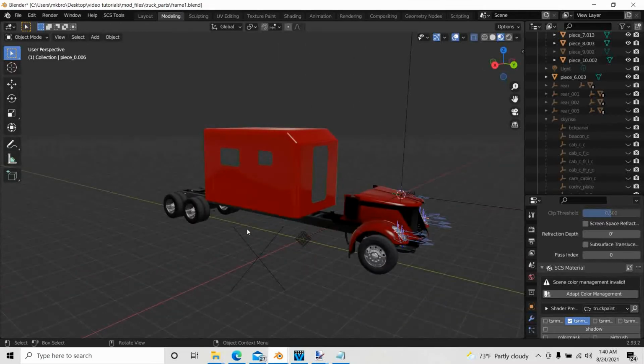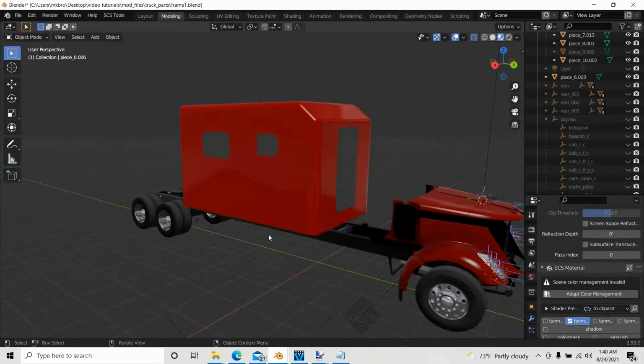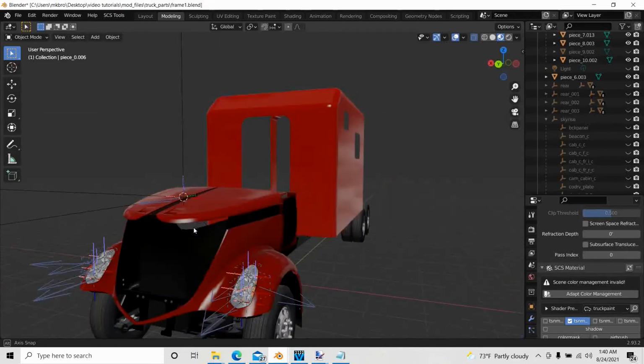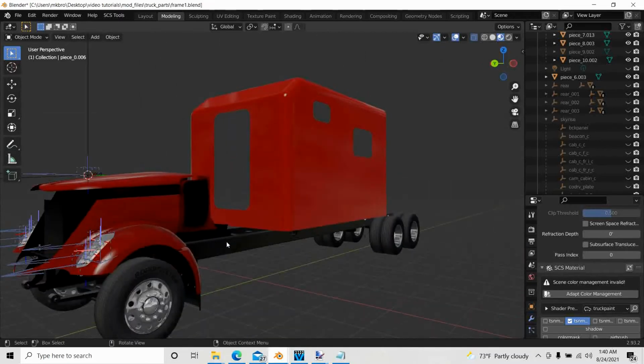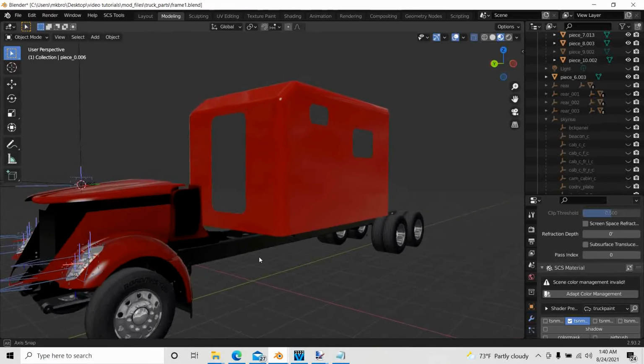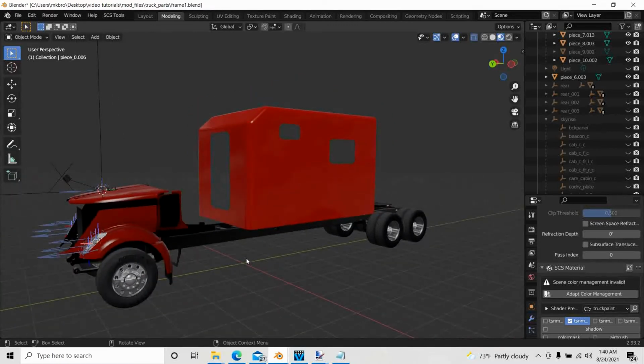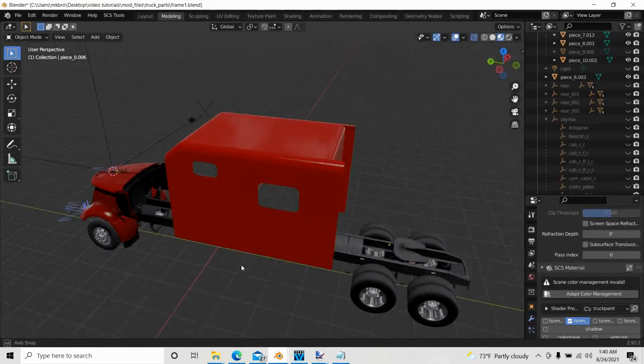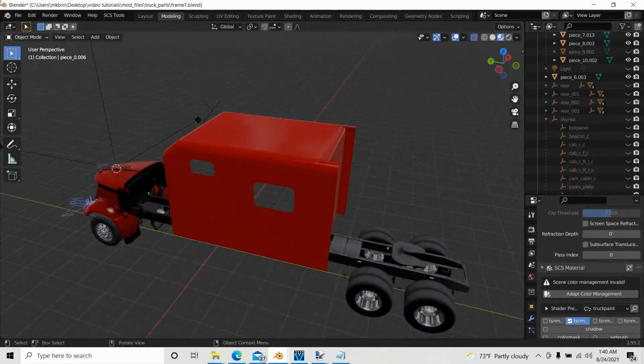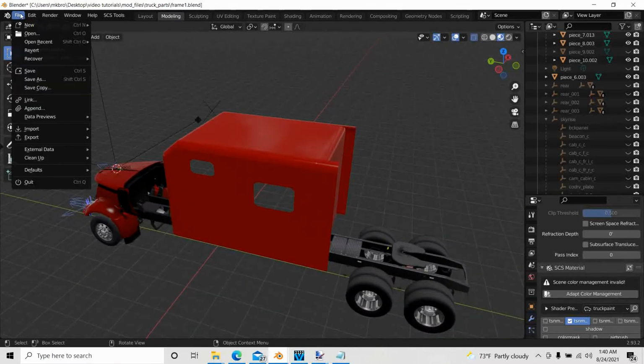And I was working with another reader that was creating a bumper, and we talked a lot about materials. So let me start with a new